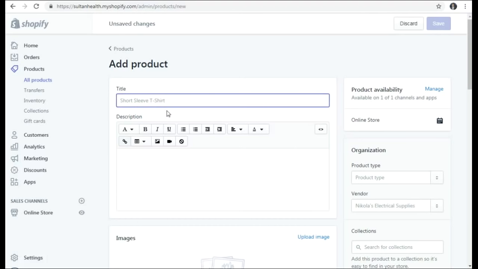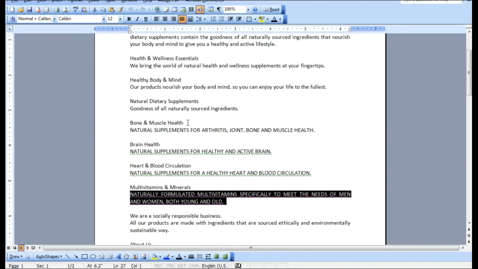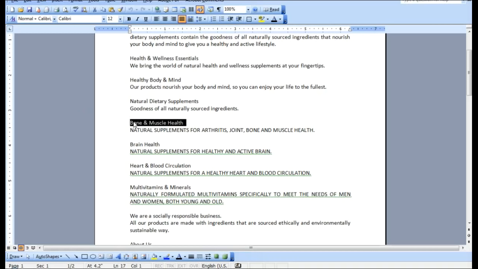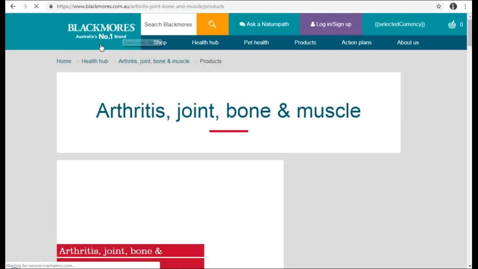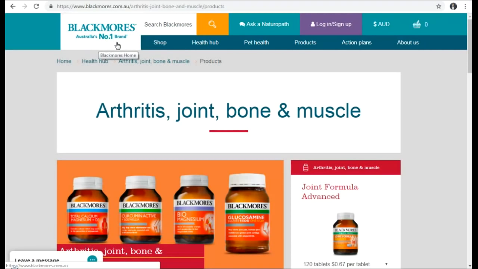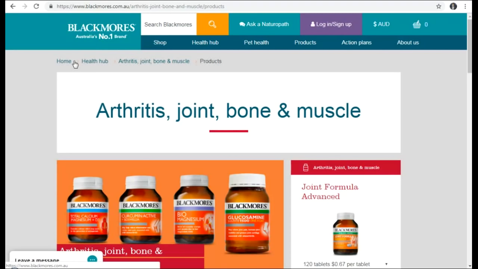So the first product that I'm going to add is from this particular collection, Bone and Muscle Health, and I need to get the product details from the actual website of the supplier of this particular product. So this is Blackmores, which says Australia's number one brand. And we're going to resell their products through our website to some of the international markets